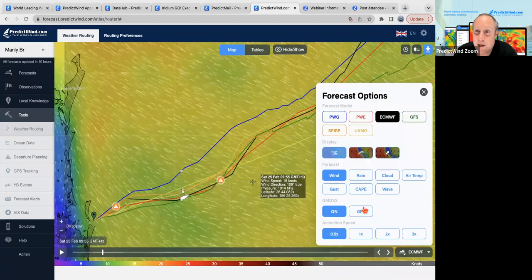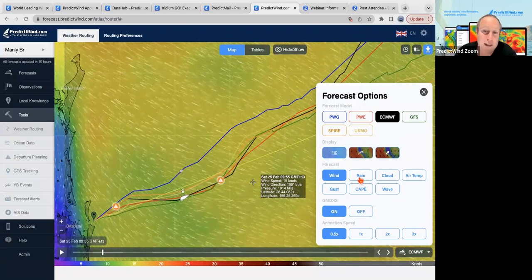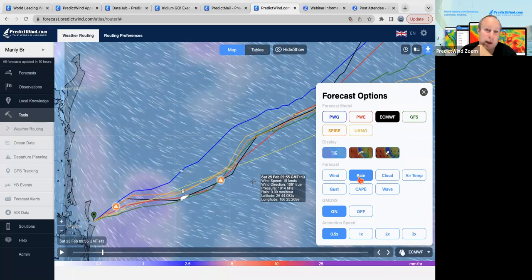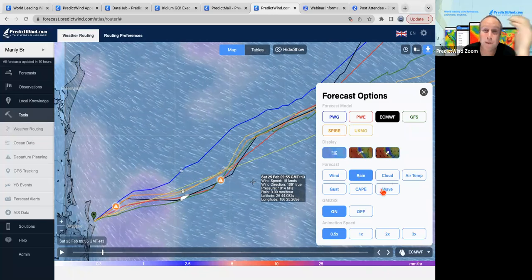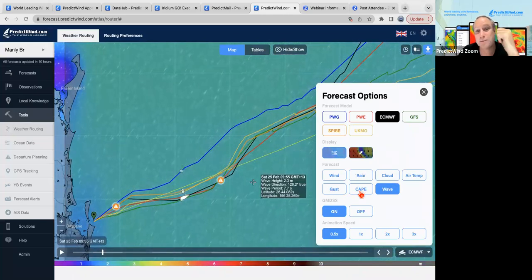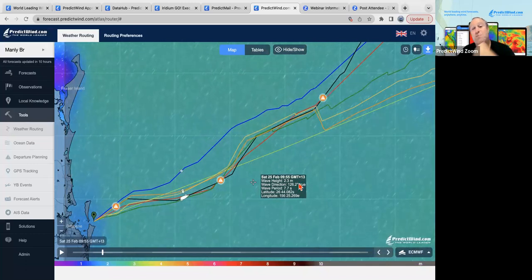In here, we can look at the different weather models and change our display. We can look at the rain. I think I mentioned last week why we want to see the rain: so we can see frontal bands. We can look at the wave, the gust, and the CAPE and see what's going on. So the thing here with the wave is